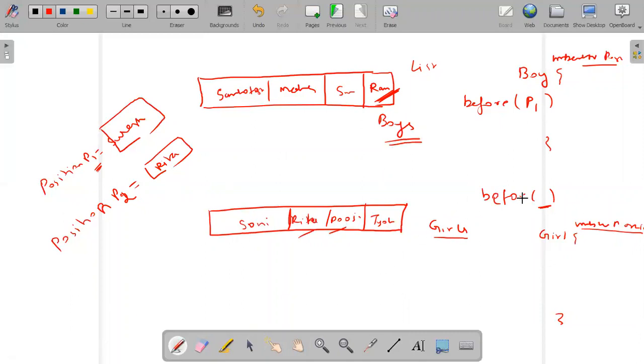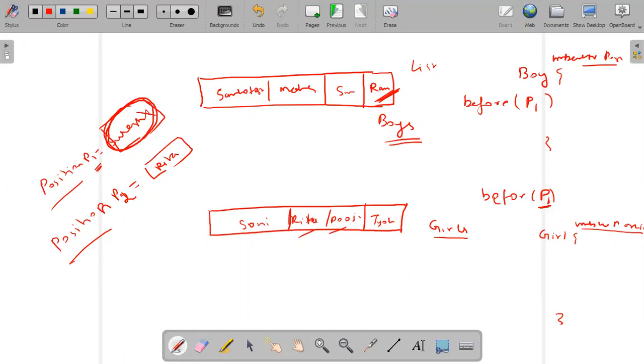Now if I pass P1 here, because here I can pass this P1 also, right? Because both are positions. If I pass P1 here, it is asking who is before Suresh, right? Suresh is not a girl, it's a boy, right? So I need to invalidate it. This position is itself wrong.